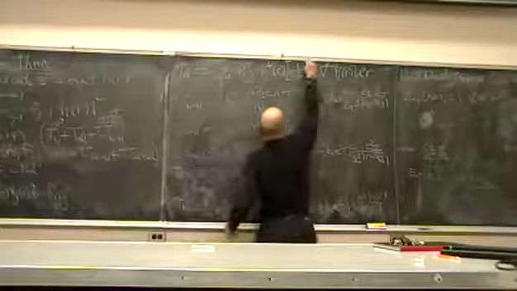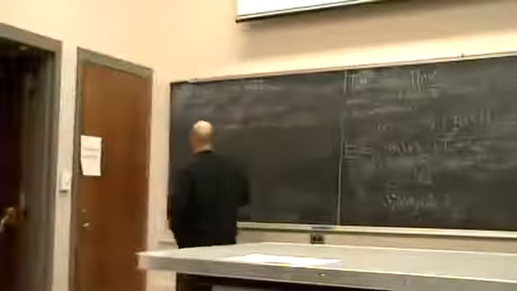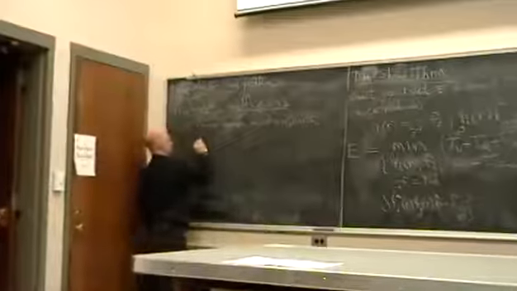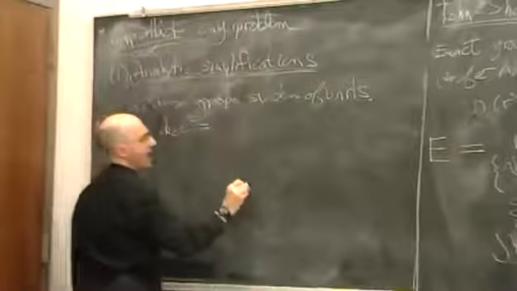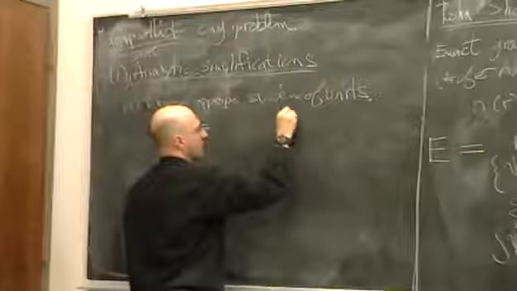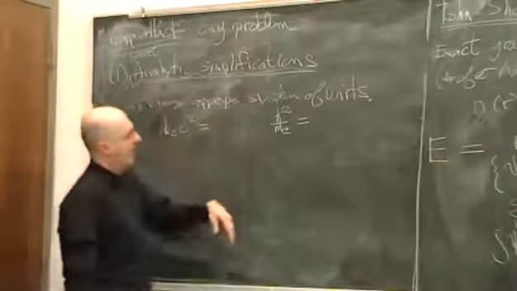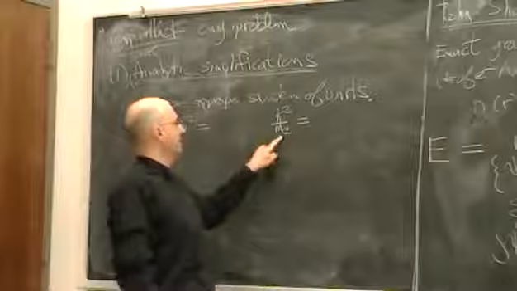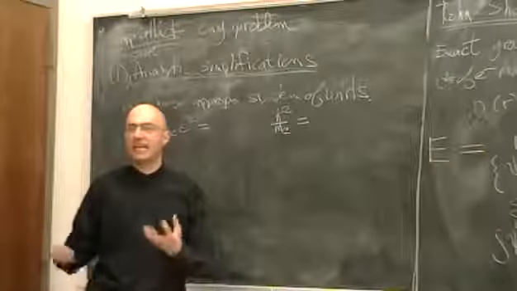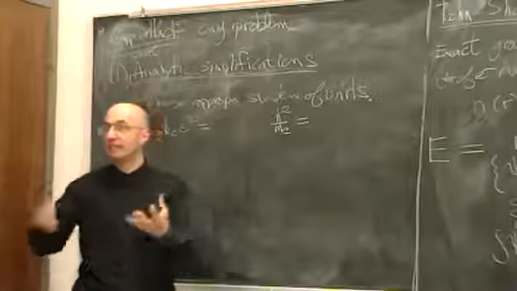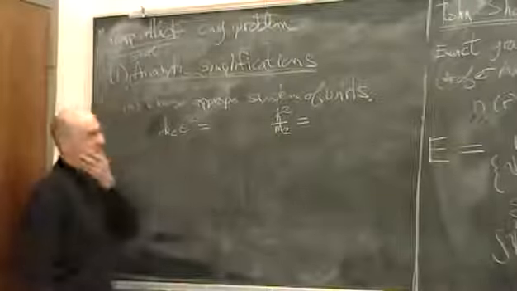And h bar squared over m. So I like to set those both to have numerical values of 1, k_c e squared and h bar squared over m. Notice I don't set the mass of the electron and Planck's constant all independently to 1, because I'd like to keep as much flexibility and freedom in the end as possible. I only need to set 2, and then I'll have some choice in what the third